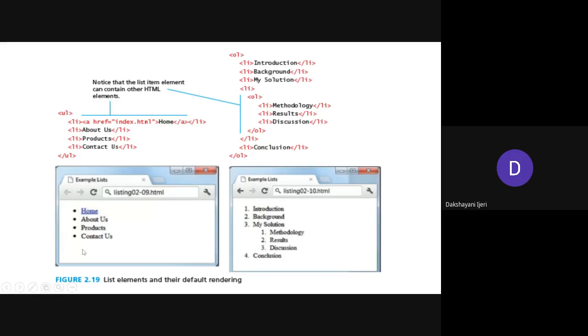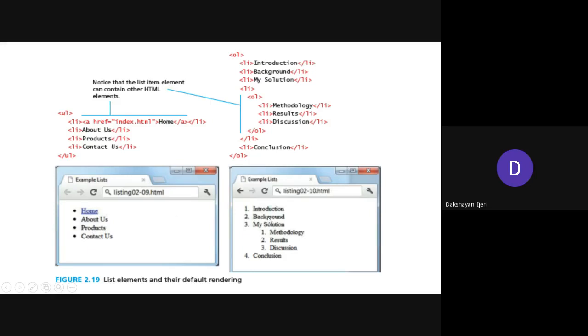What kind of list is it: the ordered list, unordered list, or the definition list? Unordered list, ma'am. It is an unordered list, right? So each of the items is displayed here with a bullet, where the order is not going to play an important role. So home is appearing first, you may also take it as the third here.